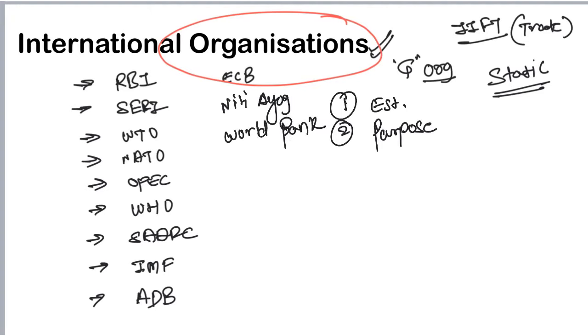So I'll just put in the addition of World Bank in here. Now, a lot of people get confused about the exact role of World Bank, and the confusion is actually between the IMF and World Bank. A lot of people feel that IMF and World Bank do have a similar functionality, but I think that's not correct. So, if you just have to understand or bifurcate the purpose of IMF and World Bank, if you look at it from a bird's eye view, IMF is basically